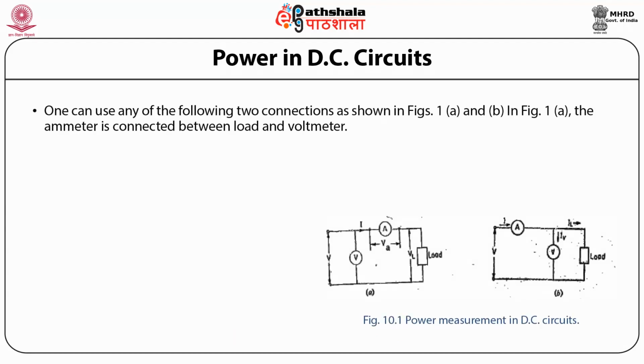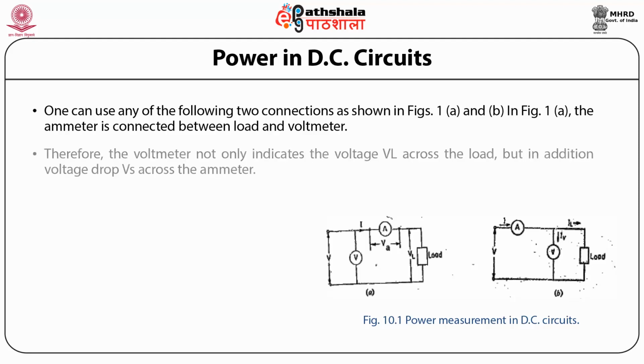It should be taken into account that both ammeter and voltmeter require power for their operation. One can use any of the following two connections as shown in figures 1a and 1b. In figure 1a, the ammeter is connected between load and voltmeter. Therefore, the voltmeter not only indicates the voltage VL across the load, but in addition, the voltage drop Va across the